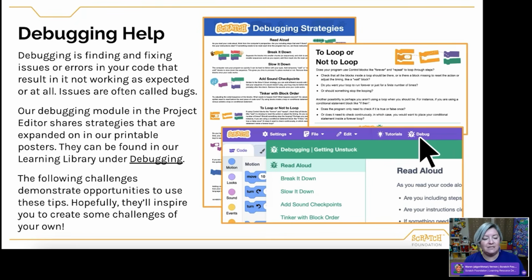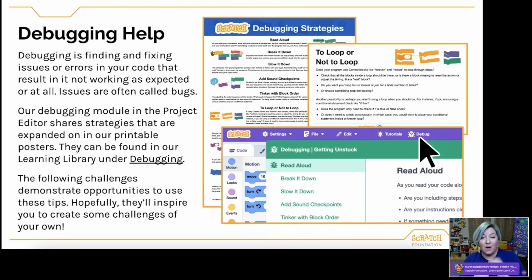There's different formats of it in there. It's just really helpful when students are thinking about debugging sometimes to have a few ideas of where to even start, because it can be intimidating to start.